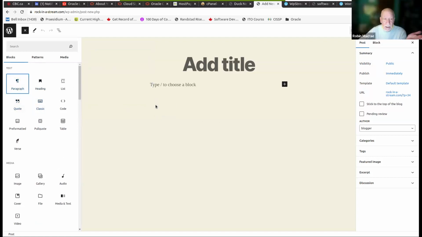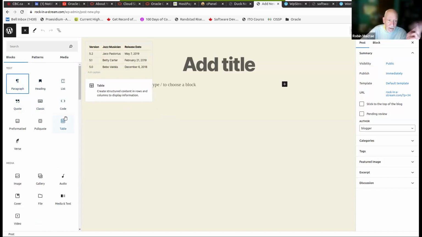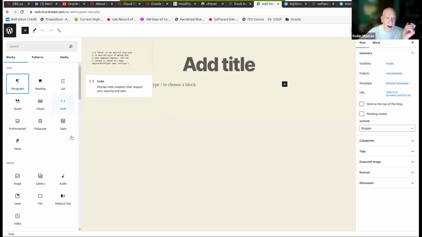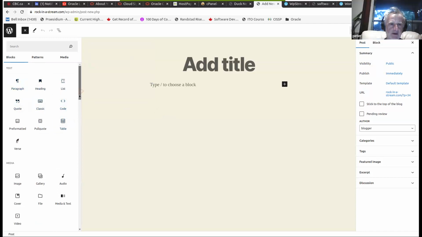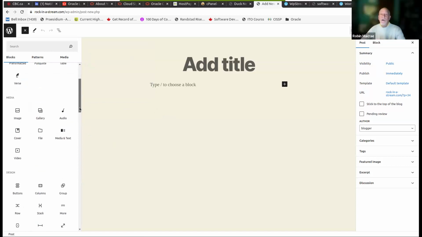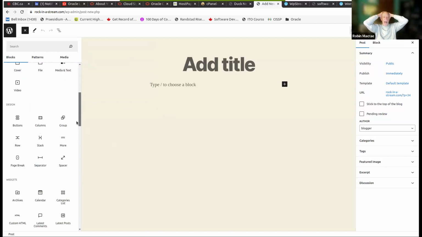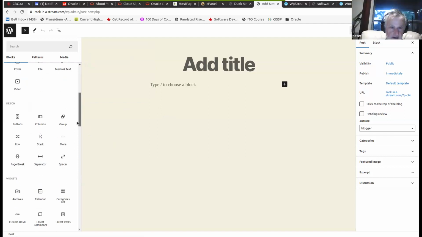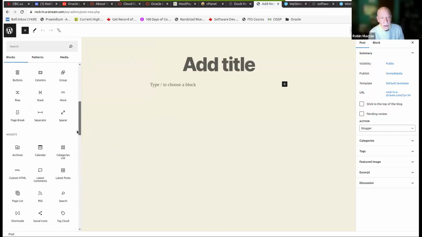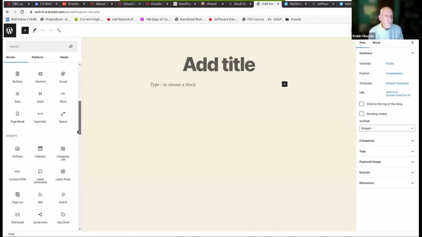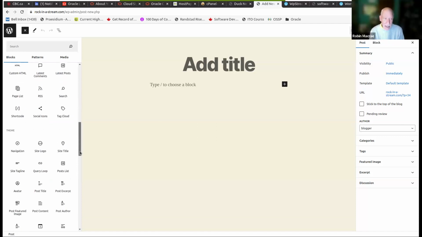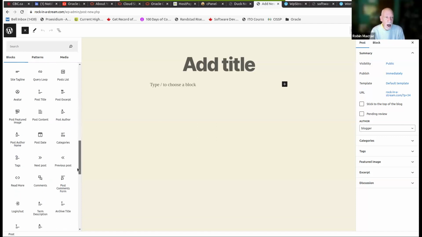Now, it just so happens that the paragraph block is the default block. If you just start typing, you'll be in a paragraph block. Every time you start a new paragraph, you'll end up in a new block, because that's the paradigm. But what you need to become familiar with, and learn.wordpress.org is the place to go for just how do I create blog posts? They'll go through how you get to this place, how you choose these blocks.